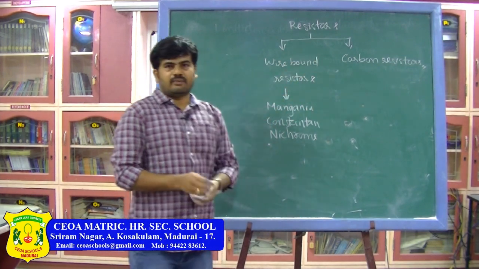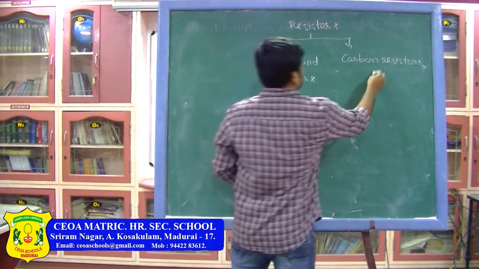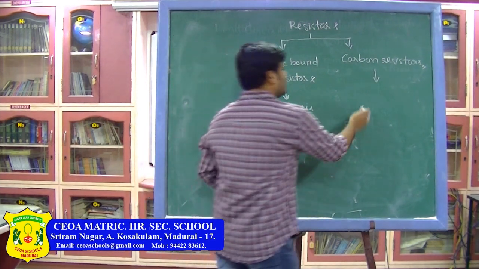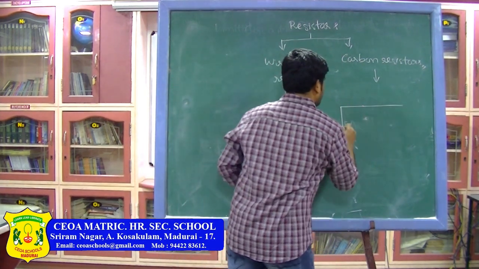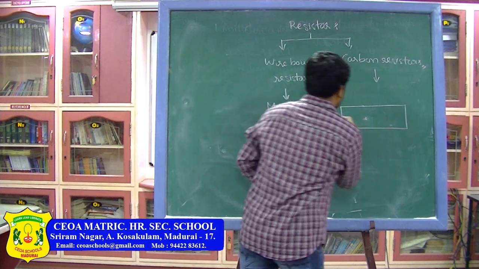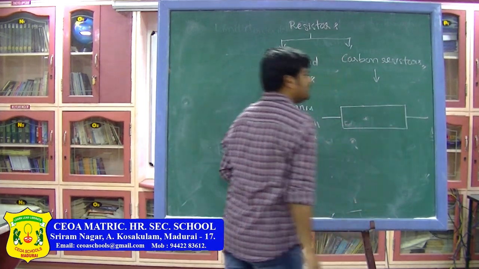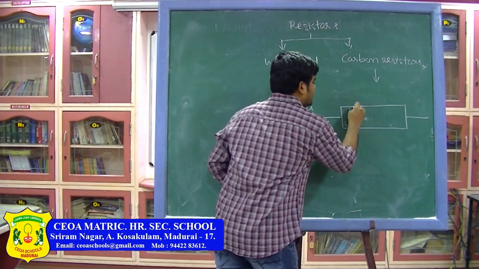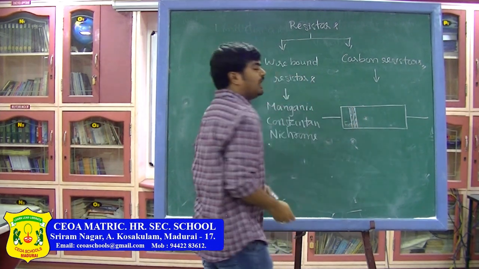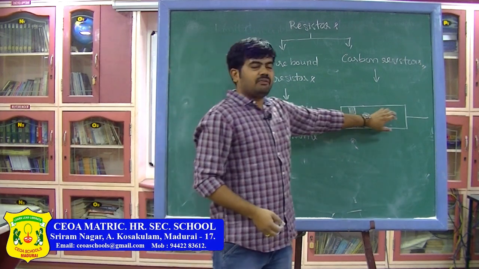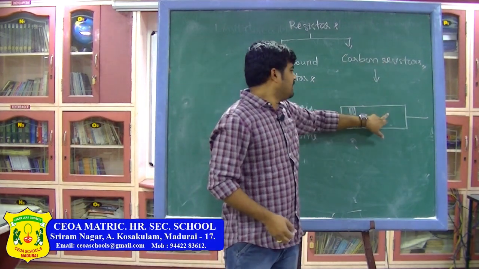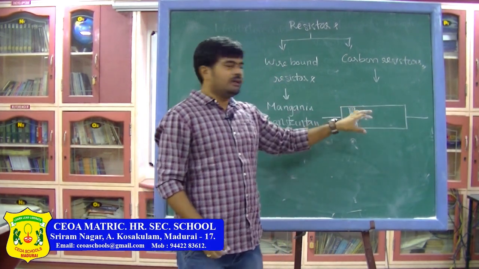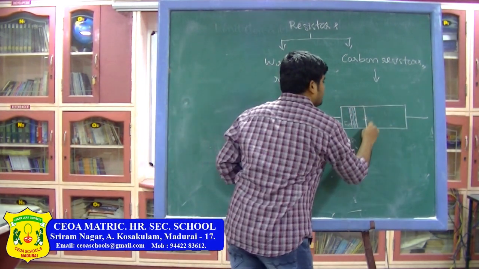And the next category of resistors, that is carbon resistors, they are made up of carbon and the carbon resistors look like this. It will be in a cylindrical shape with two wire leads at both ends, and it will contain 4 color bands like this. The value of resistance of the carbon resistors is indicated in the form of 4 or 3 color bands on it, and the color bands will be like this.